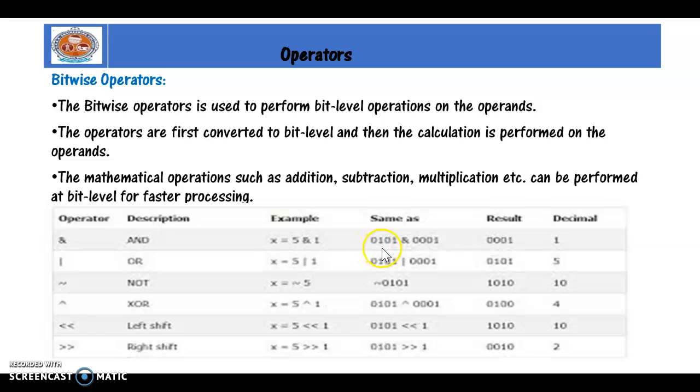Wherever there is a need, I will place 1 there. If I don't want to add any powers, then I will make those places 0. Here 2 power 0 is available, and 2 power 0 is 1. Then 0, nothing is available, plus 2 square, which is 4, plus 0. So 0 plus 4 plus 0 plus 1, that is 5.